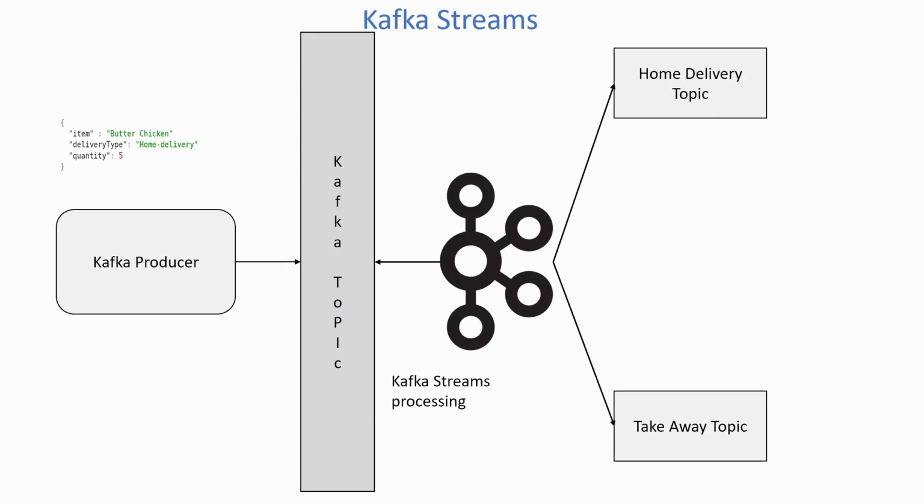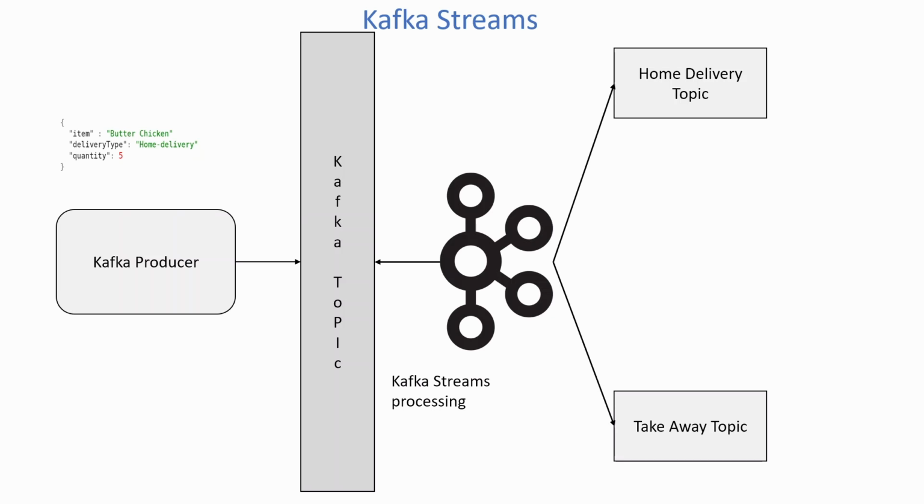In this video, we are going to learn about Kafka Streams with a use case. We are going to create a producer service which will take an order object through a REST API endpoint, and it will send that order to a Kafka topic with the help of Kafka Producer API. Now we will use Kafka Streams to analyze and process the real-time stream.